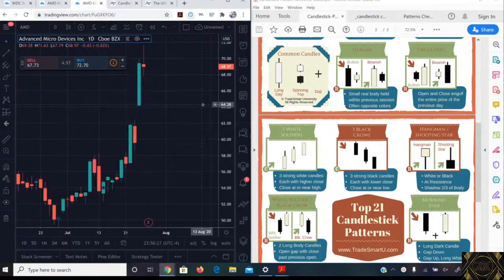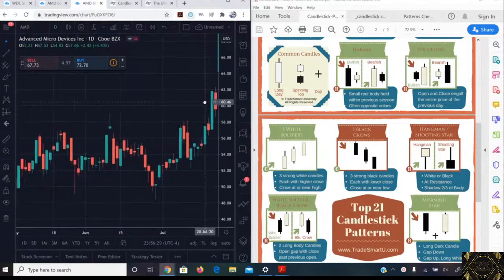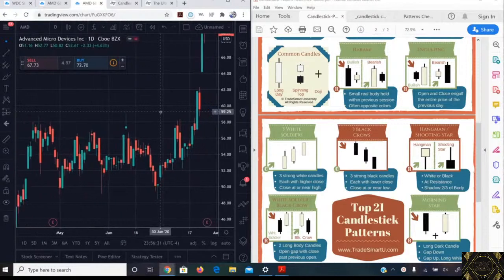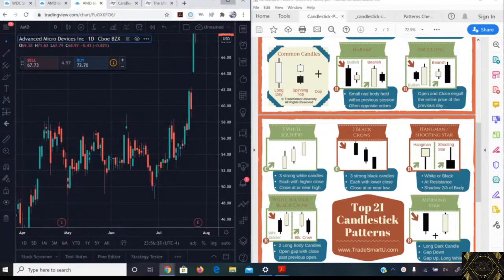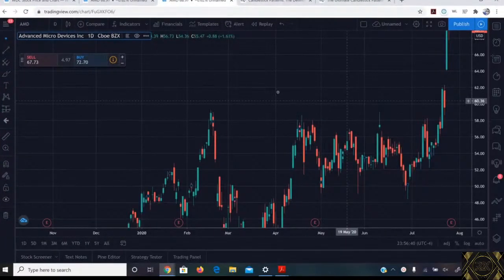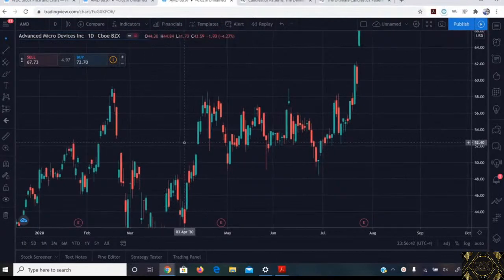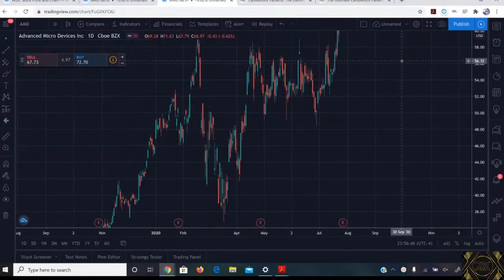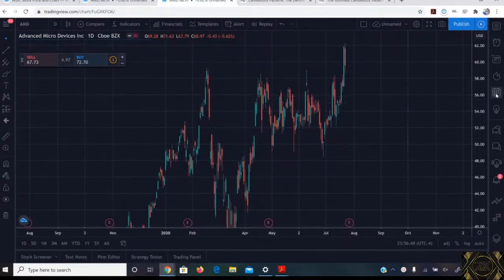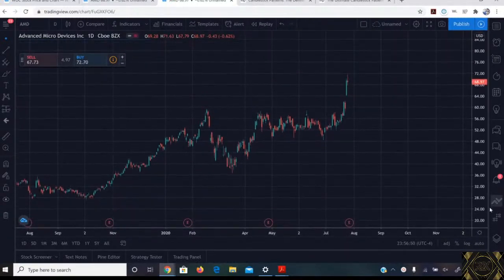on the daily. So say we're looking at it on the daily, how could you have gotten on AMD? So let's say we zoom out here. Obviously we had AMD consolidating in this region for a very long time. So let's open this up and let's see what we could do here. So if we zoom out a little bit more,